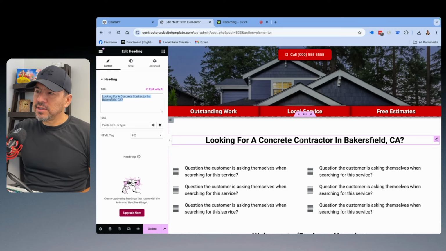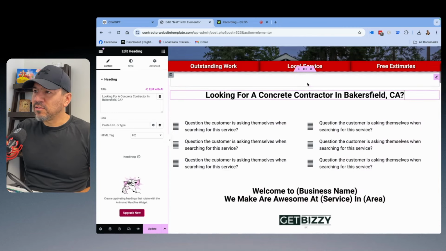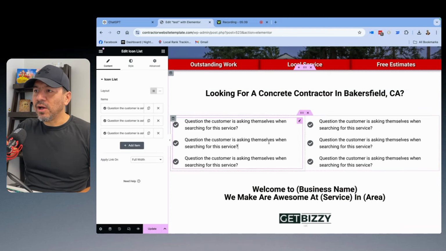See, what this does is it's reminding the customer why they were online in the first place, but it's also creating an H2 title tag, which I talk about in my 5 rules of SEO. So now we have H1 title tag, and this is H2 title tag that has the keyword concrete contractor in Bakersfield. Now I want to ask them questions that they might be thinking about when they're looking for a concrete